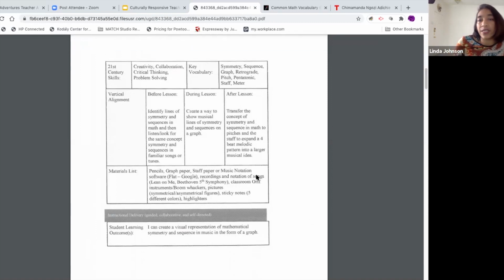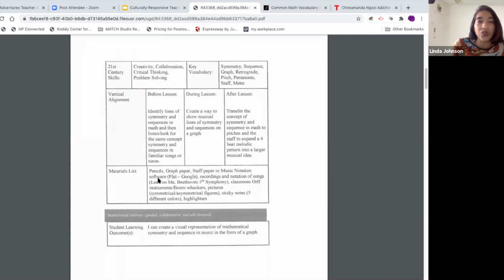So the materials that we use is you can use staff paper, but there is a, Nicole, help me out if I'm saying this right. Is it a plugin or add-on for Google? You know how you can have those little add-ons? It's called a, what is it called? It could be an add-on, it could be an extension. Tell me what it is and I'll let you know. Oh, it's called Flat. It's on Google. Okay, I'll find it and I'll put it in the chat. Flat. Okay, cool. So you can actually use Google Flat, and it comes with your Google,